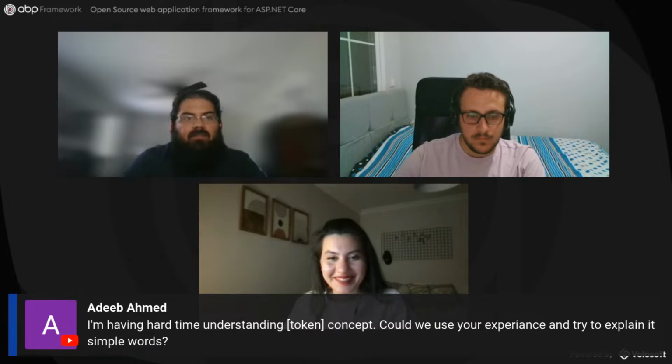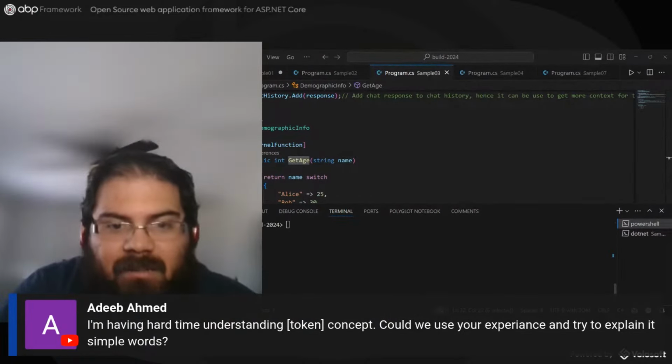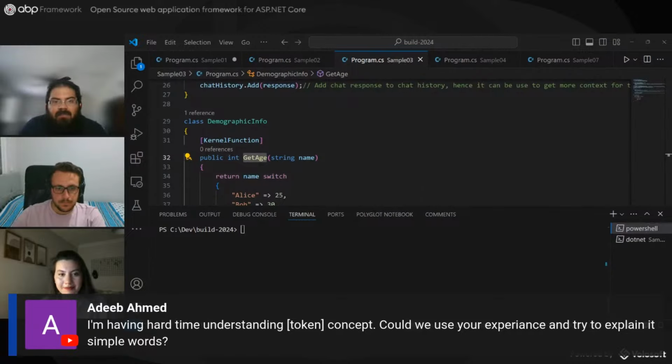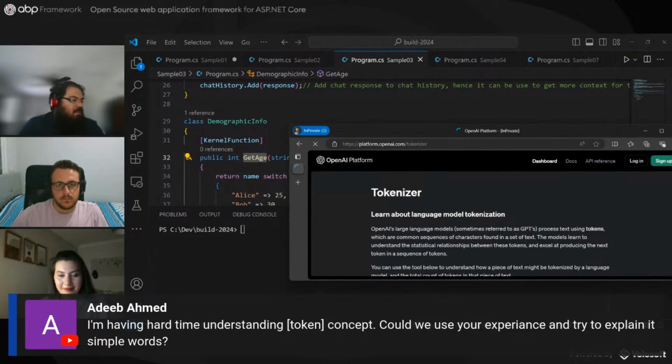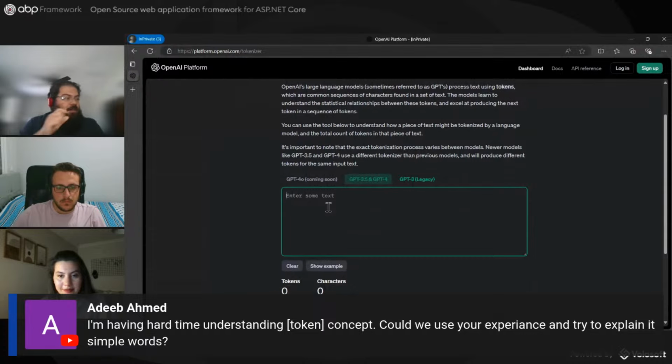Yes. Let me kind of show you what a token is. Okay, this is the one I'm looking for. So a token is just breaking up larger chunks of text, like sentences, into smaller words. So if I were to say,